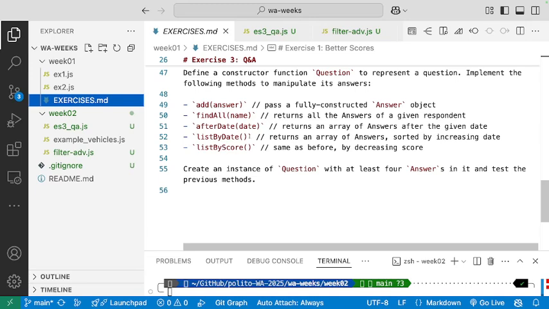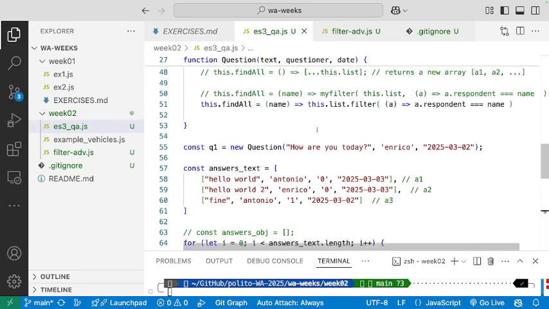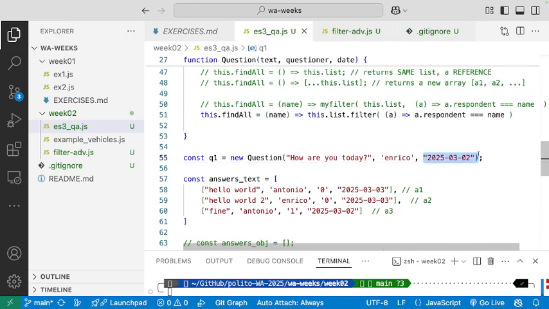Okay, because we have some methods, after date and list by date, that we cannot do with our current implementation because our date is just a string. Okay, an approach could be to give this string to the date constructor of JavaScript, and so in JavaScript we can have